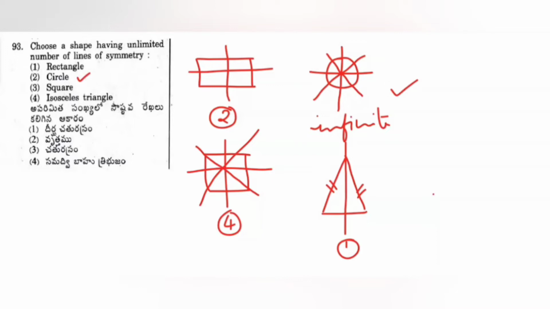Let us go to the 94th question. The mean of 10 observations is 38. If one observation 56 is excluded, then the new mean is. The options are 36, 35, 38 and 37. Now let us see what is given. Mean of 10 observations is given. Let us write mean of 10 observations